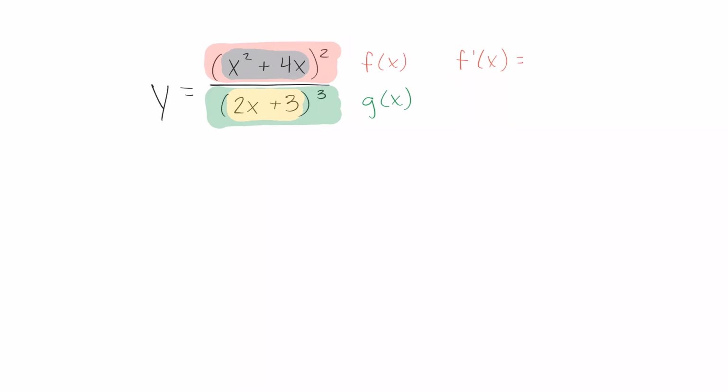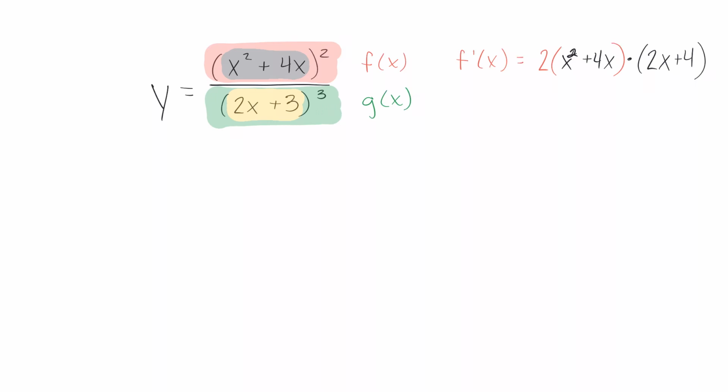Okay, so we're going to take the derivative of the outside. So we're going to put our 2 in front, 2 to the something, and then to the 1. So then I can go in and write my x, what is it? X squared plus 4x. Now I'm going to multiply by the derivative of the inside, which is 2x plus 4,